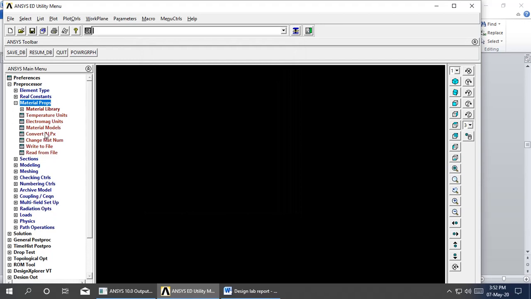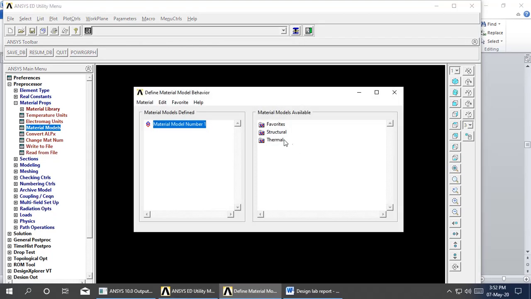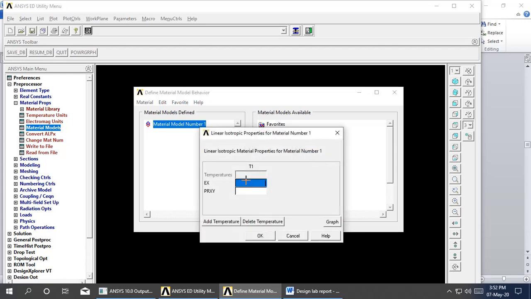So material properties, the material models, structural, linear, elastic, isotropic, and the Young's modulus of the material is 200 into 10 to the power of 9 Newton per meter square, and Poisson's ratio is 0.3.